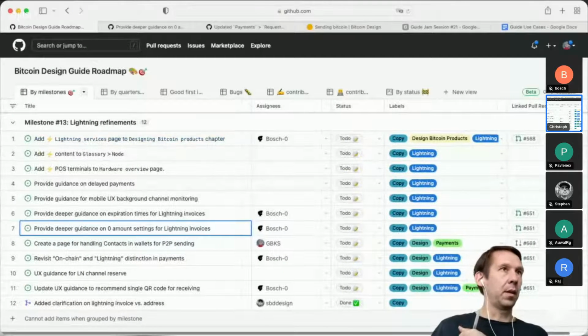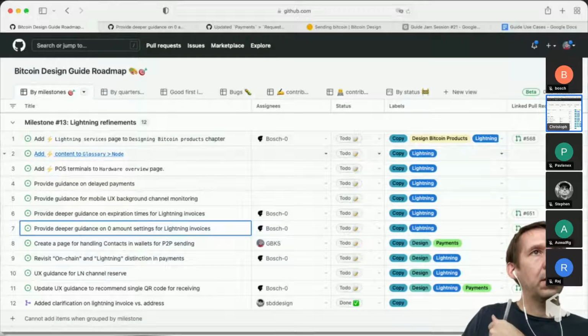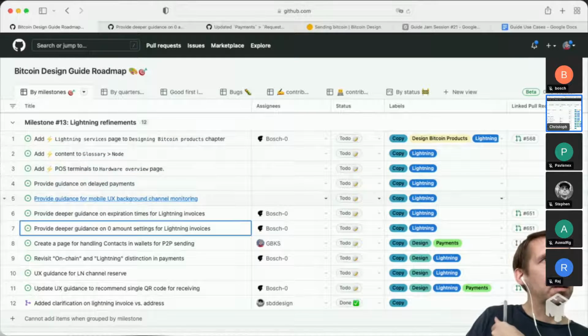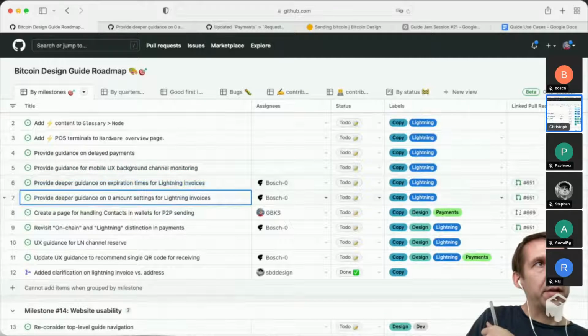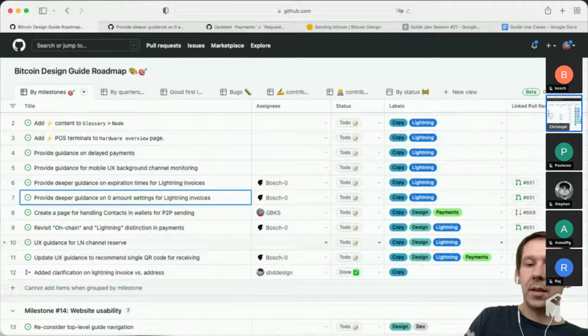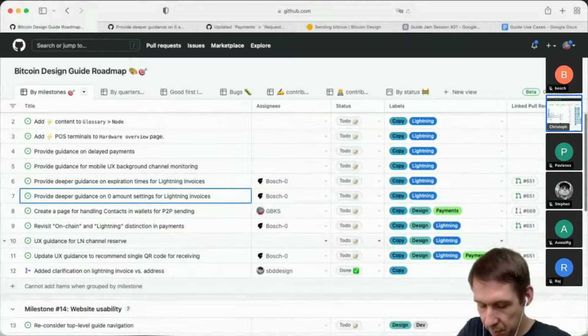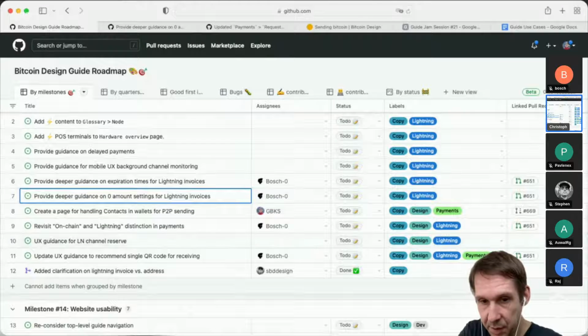Just pulling up the roadmap here again. All of the stuff are to-dos. So once I'm done with the contacts page, I'm also going to pick up some other stuff. How about after the contacts? So Bosch, when you're done with the requesting page, and I'm done with the contacts page,